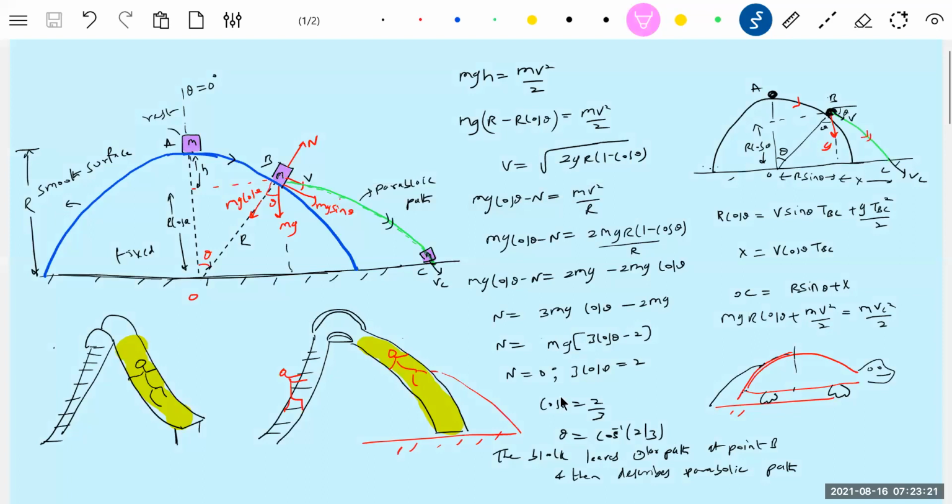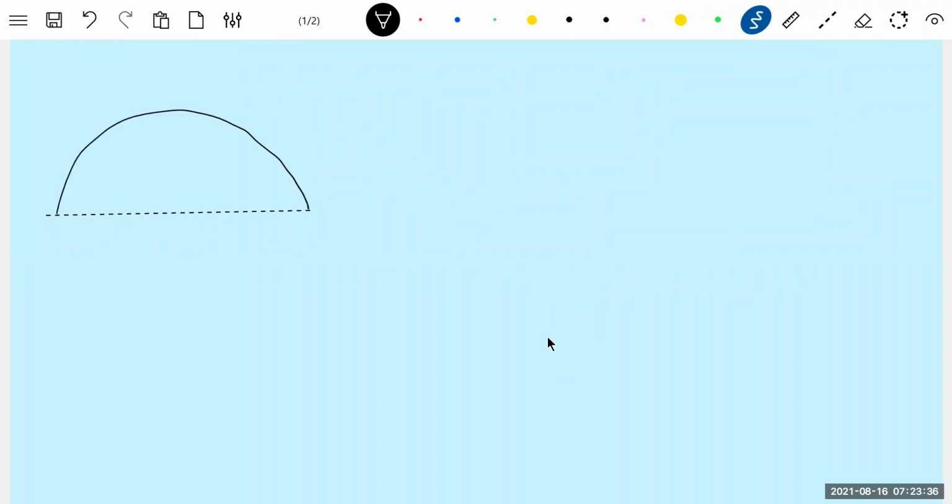Okay, we'll take now after this the block at is point